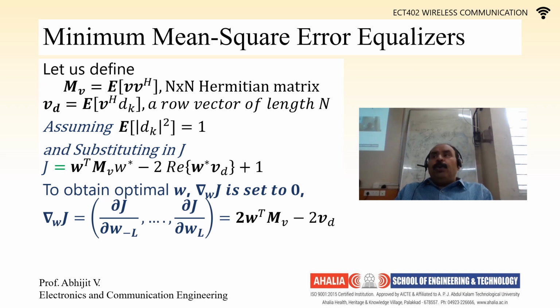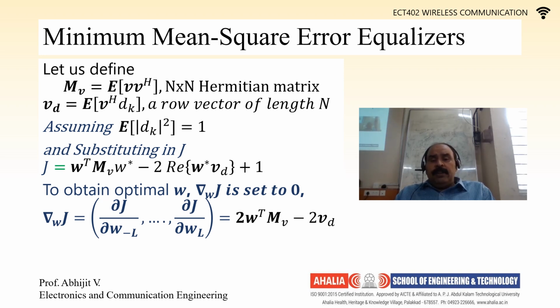Now we are going to define two different matrices. MV is equal to E[VV^H] and VD is equal to E[V^H dk]. So MV is an n cross n Hermitian matrix and VD is a row vector matrix of length n. Let us assume that E of dk is equal to 0. From the previous slide,